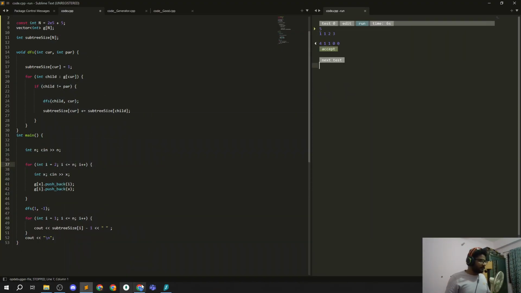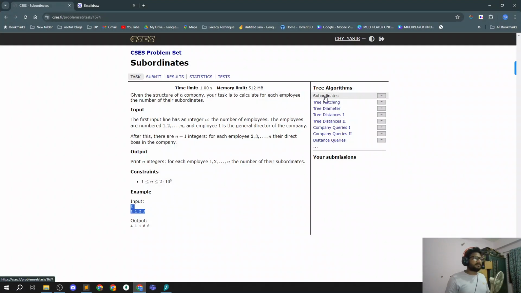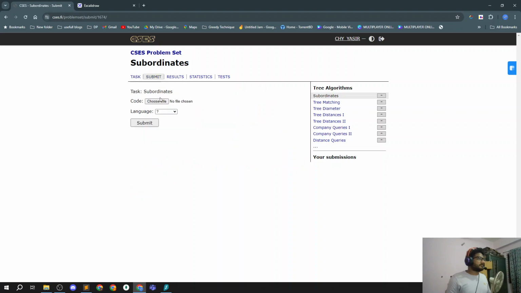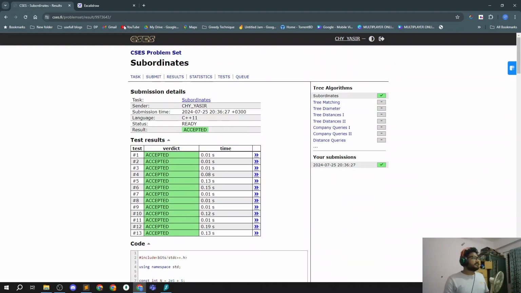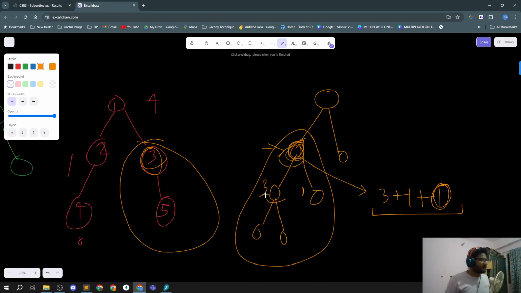Now let me submit the code, the C++ file. Yes, accepted. So in this problem, we just have to calculate the subtree size here,